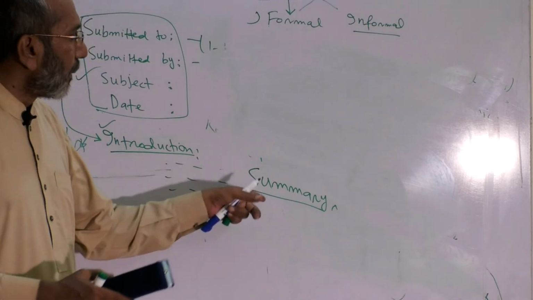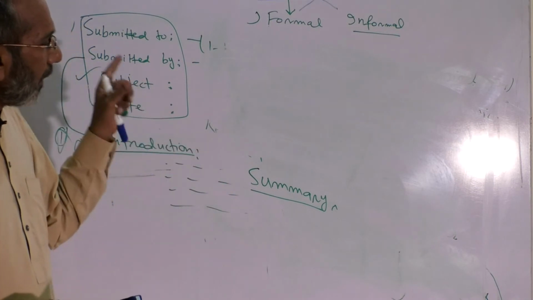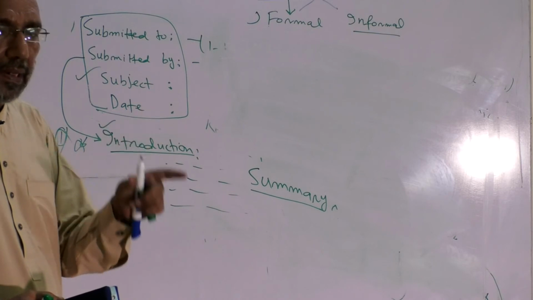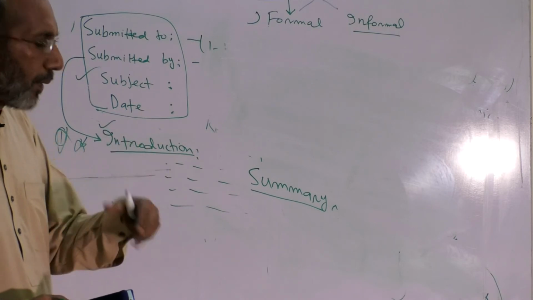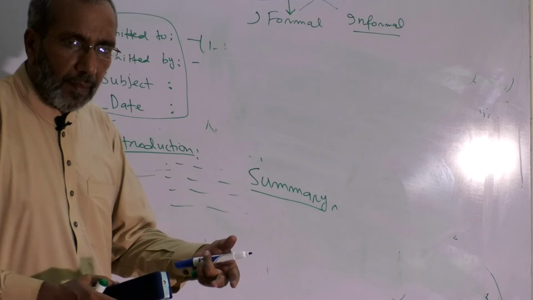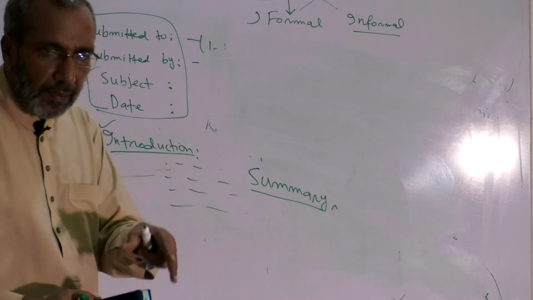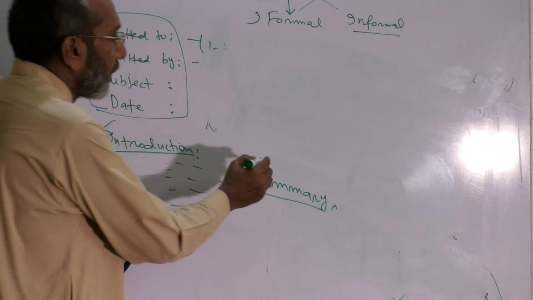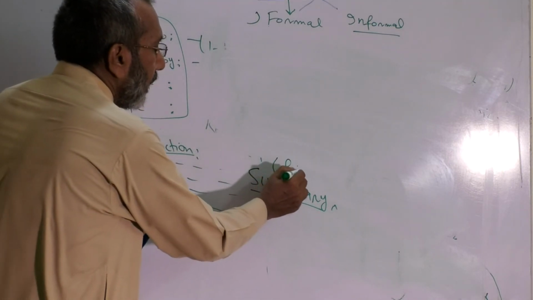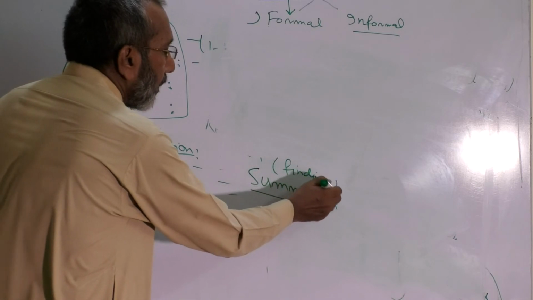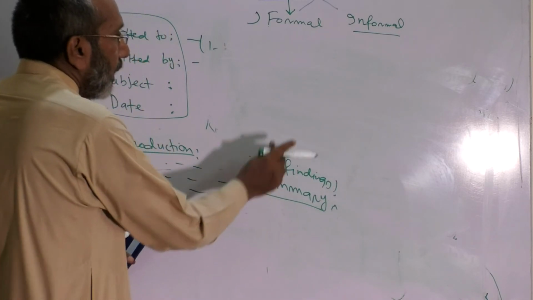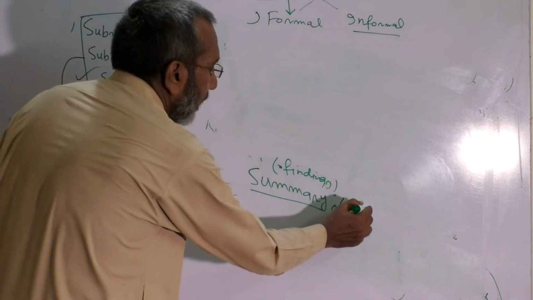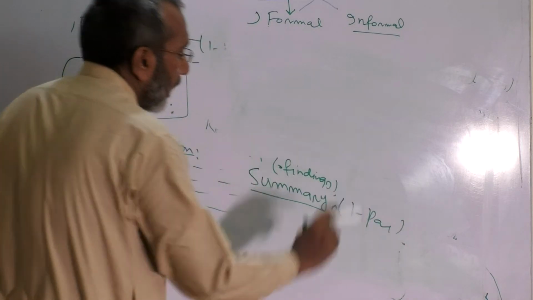You write something like: poverty of the general public, non-serious attitude of the students, non-cooperation of the management, non-seriousness of the teachers are the main reasons for this. Summary is always based on findings, so we are not supposed to add something new. Suppose the findings were of 2 pages, the summary would be just 1 paragraph. It's enough. Clear?